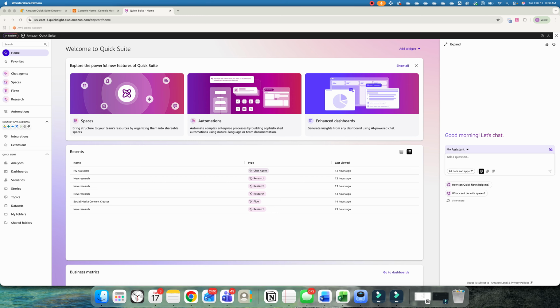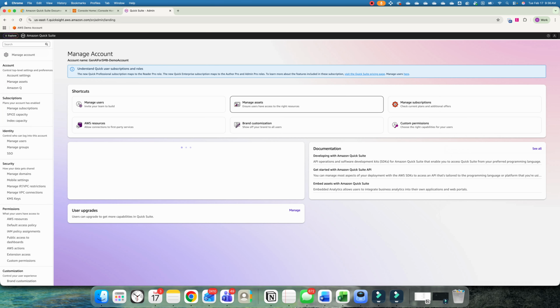it's clever how they did it. The option to manage the entire Quick Suite is actually hidden. It's under your profile, and then you'll have Manage Quick Suite, right? Once you click on that, you will have this UI open